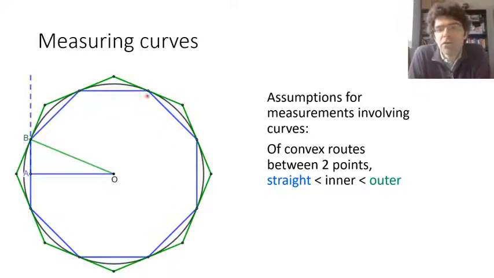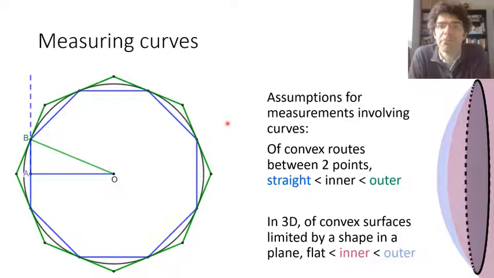Now, on the sphere and cylinder, Archimedes introduced some equivalent assumptions, not for length, but for how the area of curved surfaces works. First, given a closed shape in a plane, a bit like a circle in this example, the smallest convex surface bounded by that shape is what lies in the plane. So that's the equivalent of a straight line in 2 dimensions. Here it's the flat circle. Secondly, if you've got the plane there and then 2 convex surfaces, again with one line between the plane and the other convex surface, then that one in the middle will have the smaller surface area.